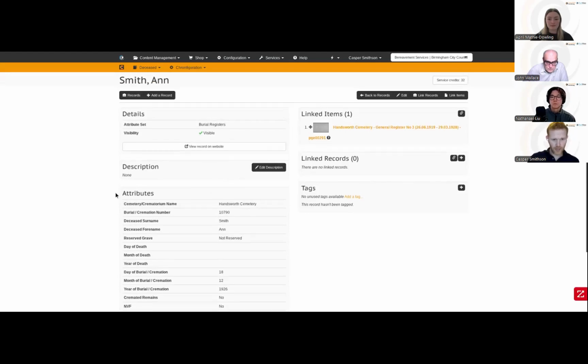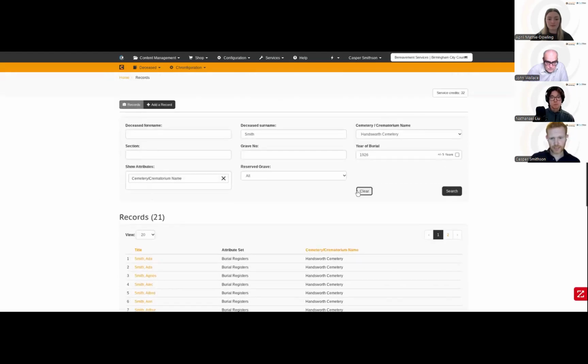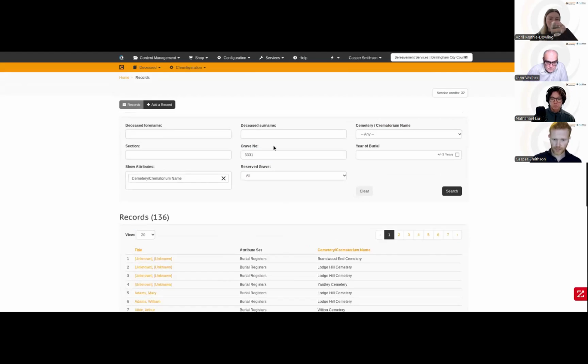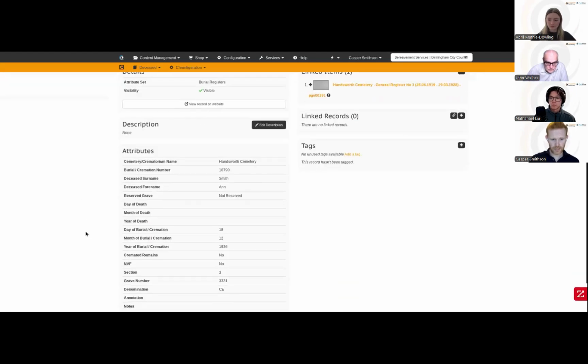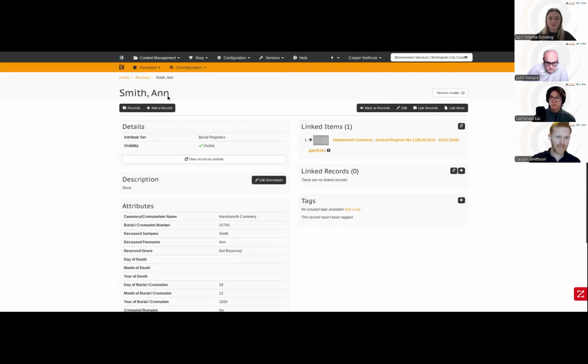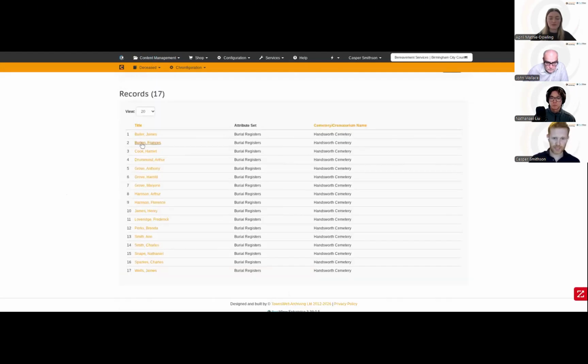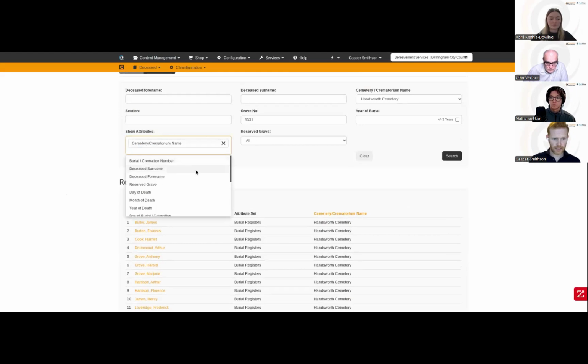If we also look at the search capabilities here, we can actually search directly into the individual grave number, if you know those grave numbers, and we can also then filter by the cemetery as well so that we get those results. And again, within here, we then return Anne Smith that we were looking for, that we knew was within that particular grave and section, for example, and many more searching functionality within the system where you can apply the fields directly into the search.